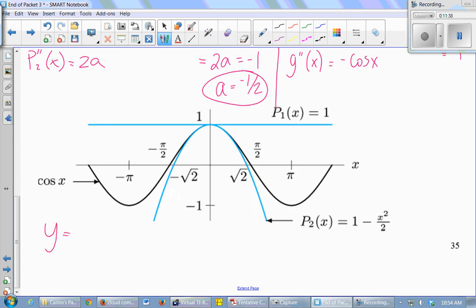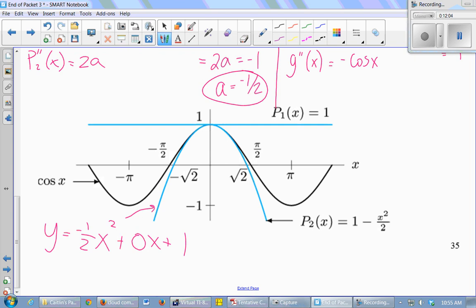So those are the a, b, and c values we found. That is this blue function here that I've graphed. So you can see that this quadratic function is a much better model for cosine x near 0 than the